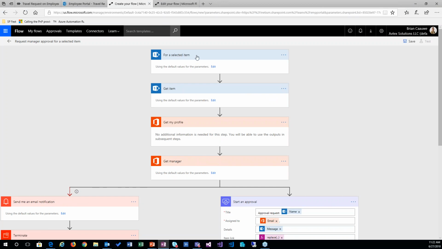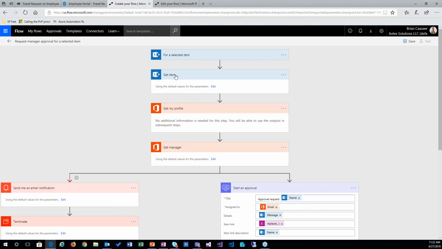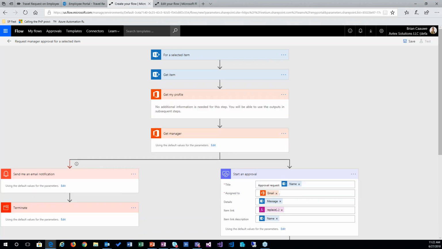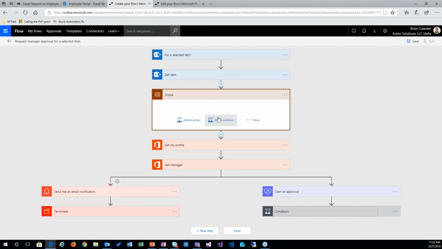And it says, maybe I'm going to utilize a lot of the similar or starting pieces that go into place right away. So I'm getting that for the selected item. I'm getting the item so I can start messing around with a bunch of the various data. But now, what if I wanted to manage that scope between the profile and the manager stuff? If I just use the plus sign,